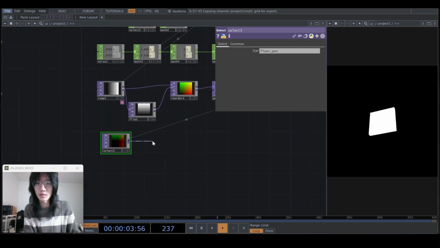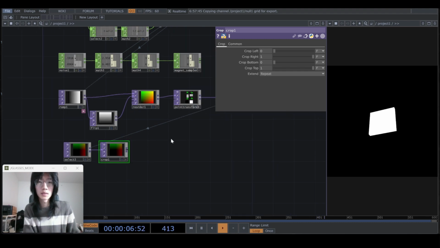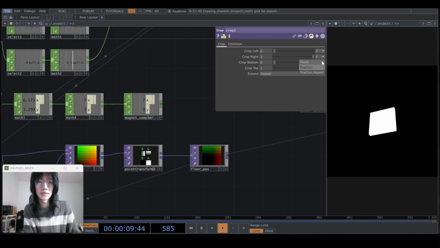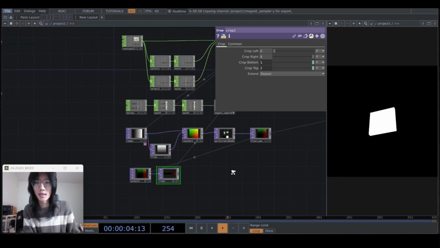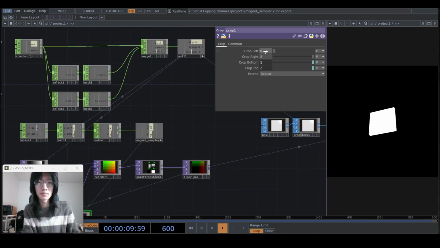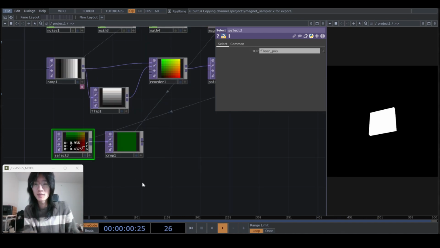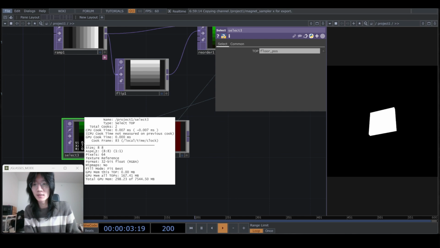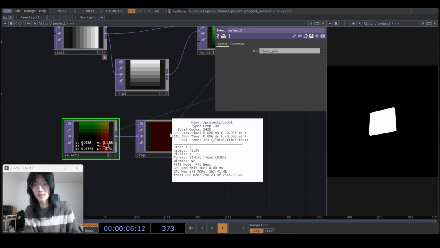From our floor position, we're going to grab a crop. And we're going to change all of these to be pixel. And I'm going to drag my Y to be my crop top. And then I'm going to copy that onto my crop bottom, but subtract 1. So now for our Y, we're only selecting one row. We're going to do the exact same thing, we're going to crop our right with our X. We're going to do the same thing, so minus 1. So now what we have is an 8x8 floor, and our crop is selecting 1 pixel